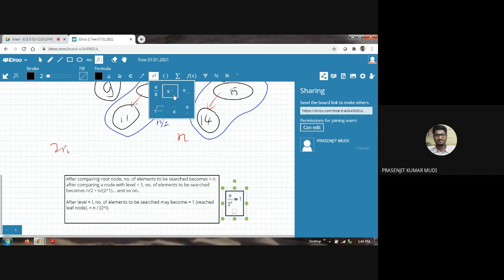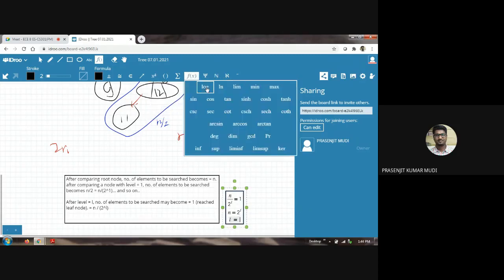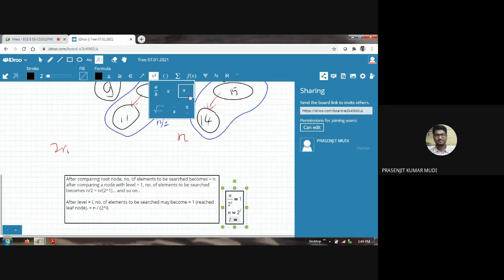So in the next line, we can say that n is equal to 2 to the power of L. So from here we can write that L is equal to log of n, right? So what we are getting is L equal to log n base 2.